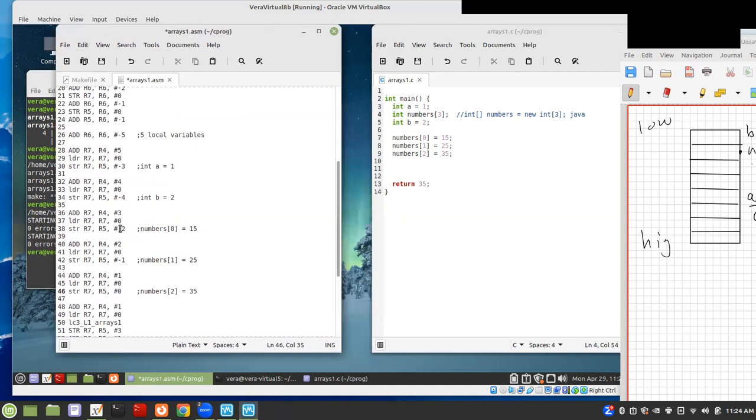R5, this R5 minus 2 is lower than R5 minus 1. So if I add 1 to R5 minus 2, I get R5 minus 1. If I add 2 to R5 minus 2, I'm going to get R5 minus 0. So it matches the order of doing index arithmetic. If I add 1 to this index, I get... so this is a shorthand. The point is, this is a shorthand for